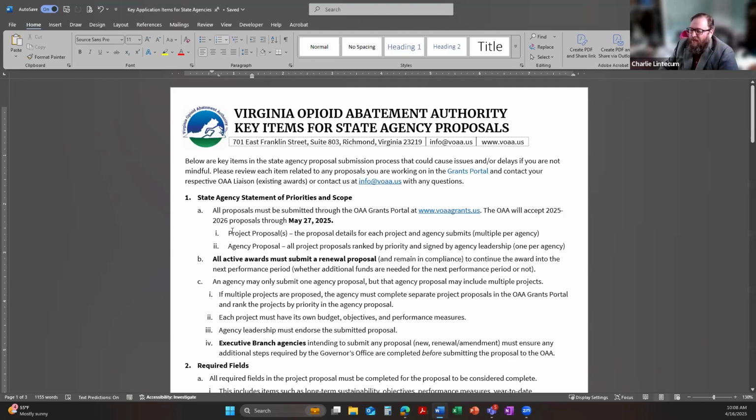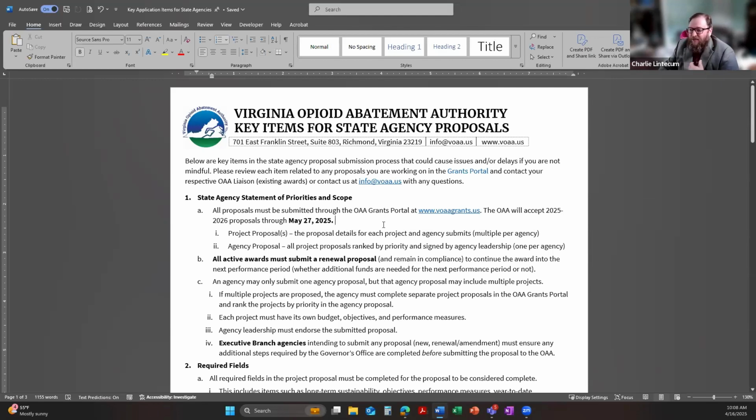One thing we want to make sure of as we move into this slightly different process for submitting is that when we talk about a project proposal, that's each individual project that you have. An agency can have as many project proposals as they desire and are approved to submit to the OAA.